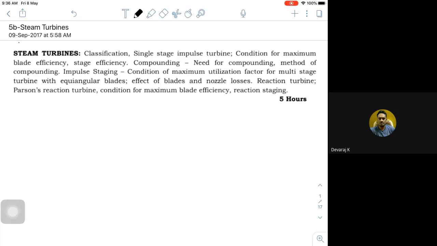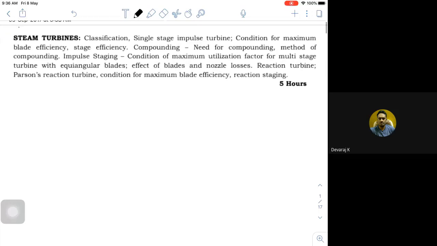Okay. So when you look at the particular syllabus, the first and foremost thing we are looking into in this particular chapter is the classification of steam turbines, the need for compounding, and the different types of compounding. We'll try to analyze an impulse steam turbine as well as a reaction turbine, a single stage. As a preliminary step, we'll begin with single stage turbines, and we'll have a couple of numericals on multi-stage, that is two-stage turbines, where we have two sets of rotors. Maybe one or two numericals, we'll take up and try to do that.